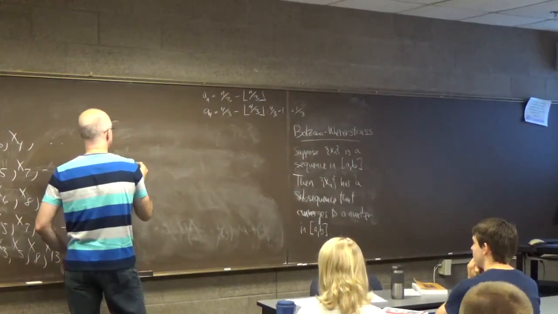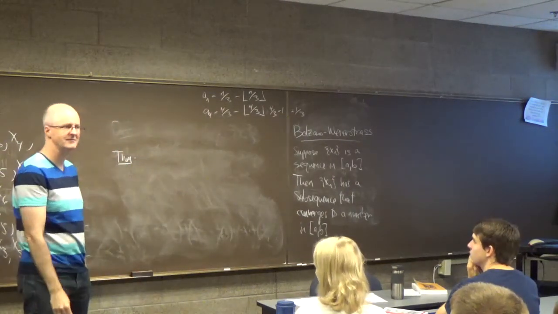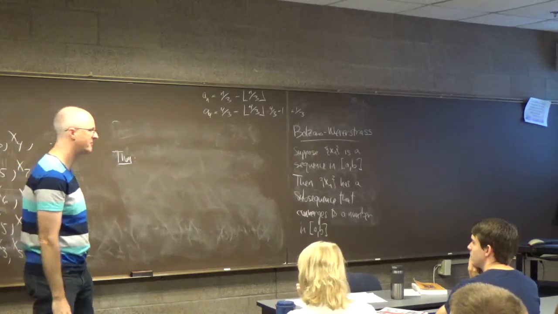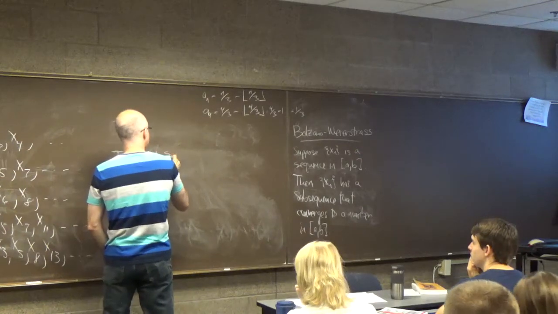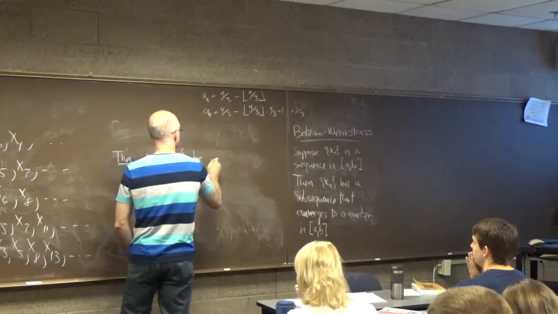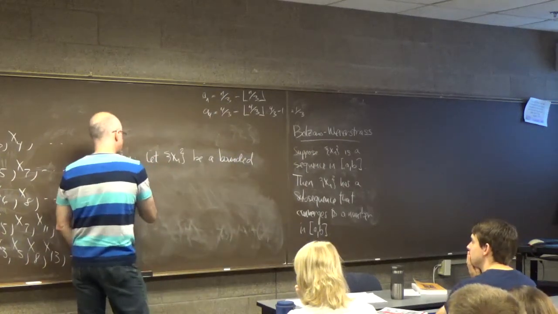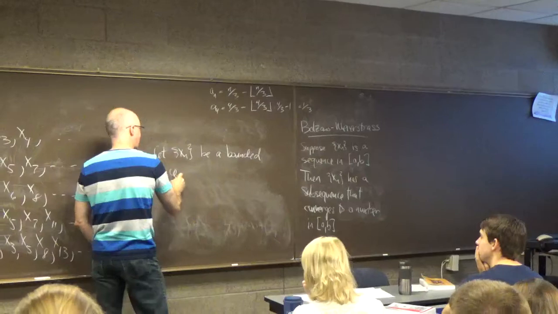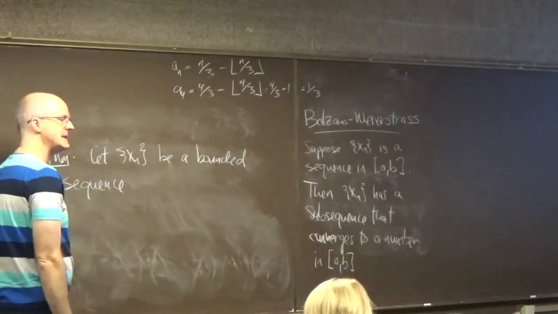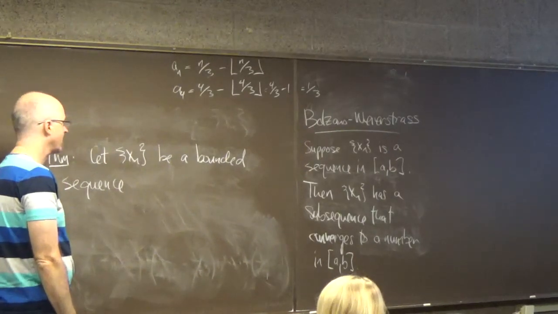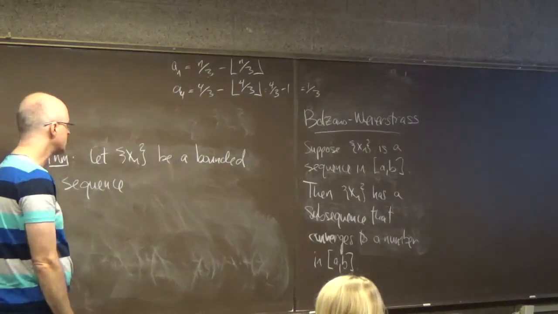It's easiest to think about in the case of a bounded sequence. So this is not a definition. I haven't told you the definition yet. Okay, so this is a bit backwards. Let xn be a bounded sequence. And by the way, if it's a bounded sequence, what would Bolzano-Weierstrass tell us about that? It's got a subsequence that converges to something. Bounded means it's going to be inside some closed and bounded interval.